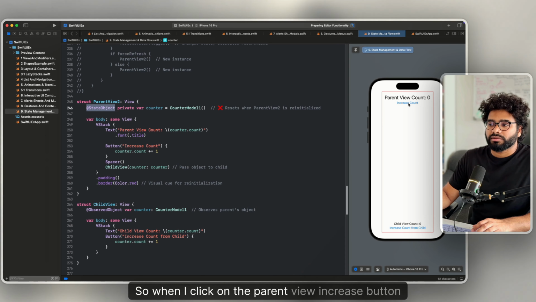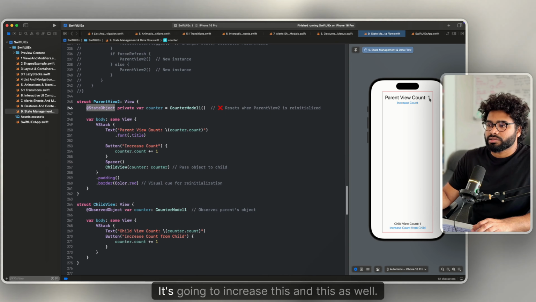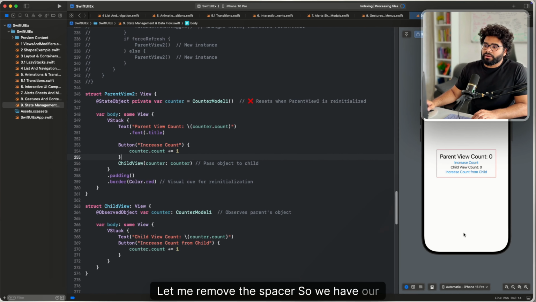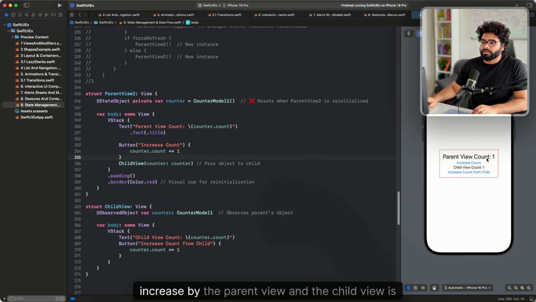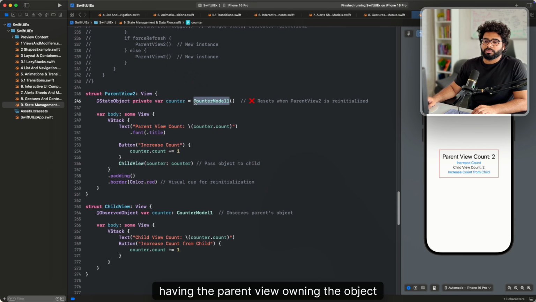So when I click on the parent view increase button, it's just reloading. Maybe I'll refresh it. Let's click increase count. It's going to increase this and this as well. Let me remove the spacer. So we have our increase by the parent view, and the child view is also going to reflect that. If there is an increment done by the child view, it will update the parent view as well. And that is why we are having the parent view owning the object, and this one is just observing the